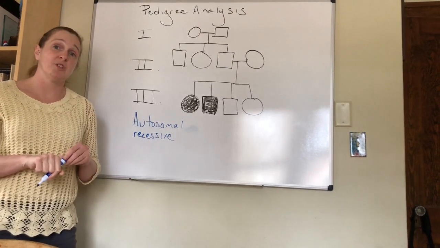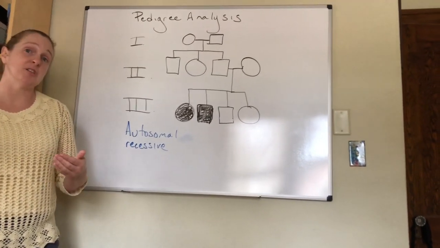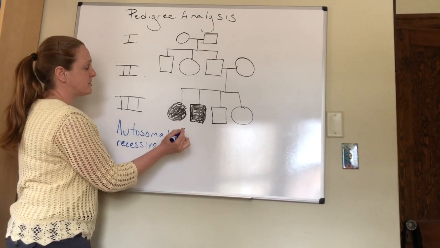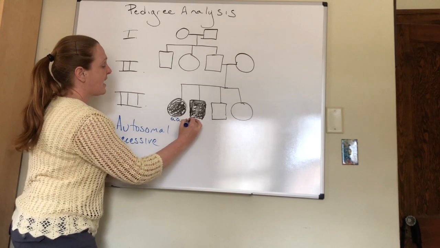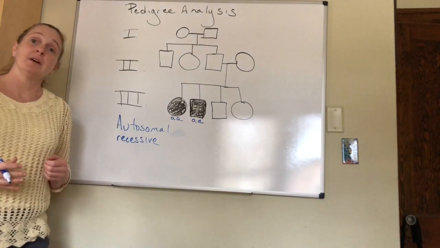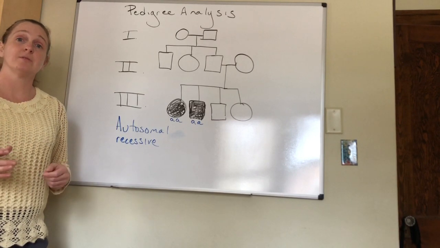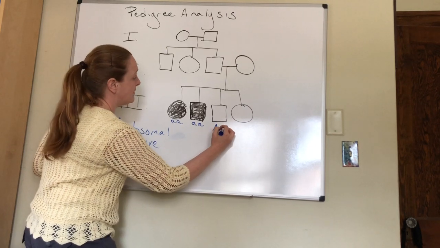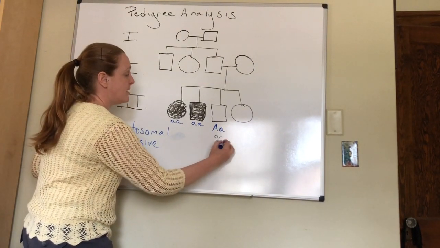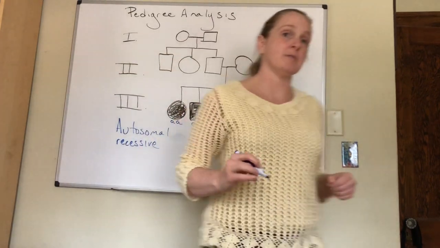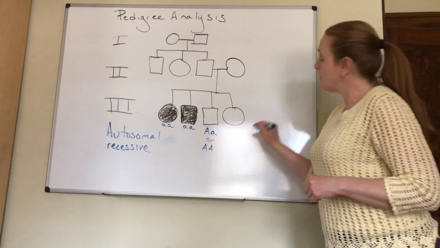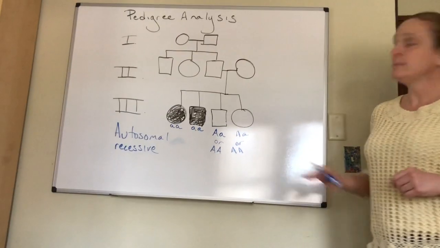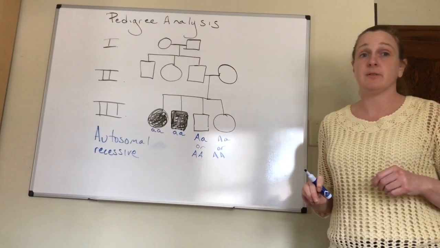Now that I've made that determination, the next step is I have to start assigning genotypes. If I'm assuming that this trait is autosomal and recessive, these 2 individuals who are showing me the trait have to have homozygous recessive genotypes. The only genotype that will show a recessive phenotype is homozygous recessive. Now the other 2 siblings could have a heterozygous genotype or a homozygous dominant genotype. Both of those genotypes will show us the dominant phenotype. And because these individuals are not shaded, we know that they're showing us the dominant phenotype,